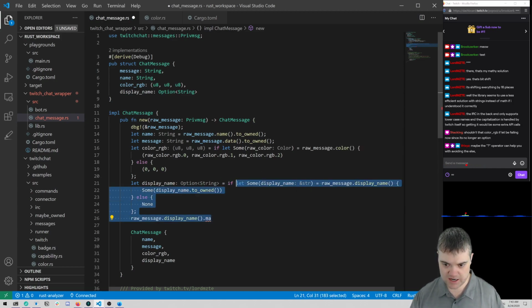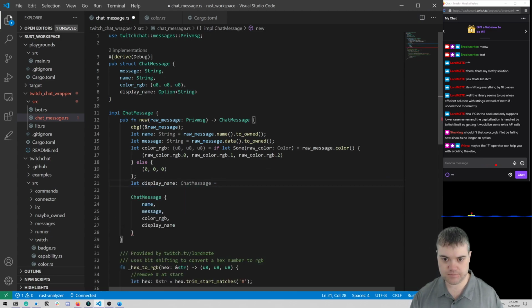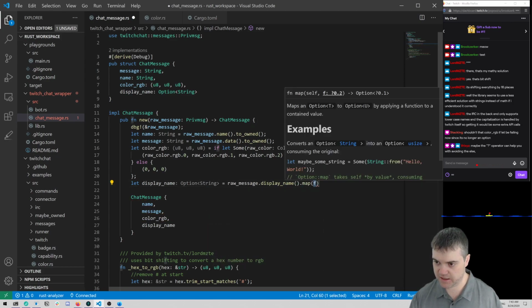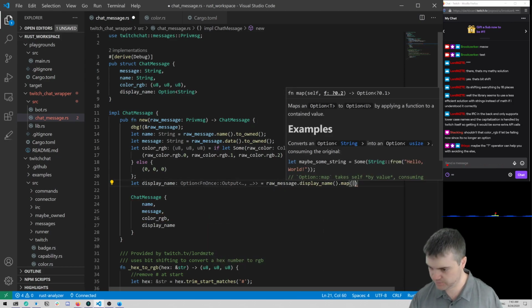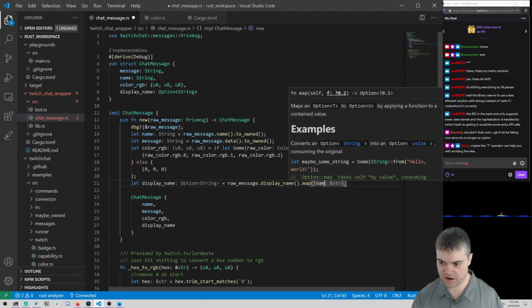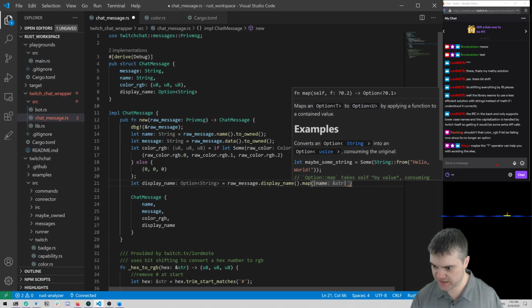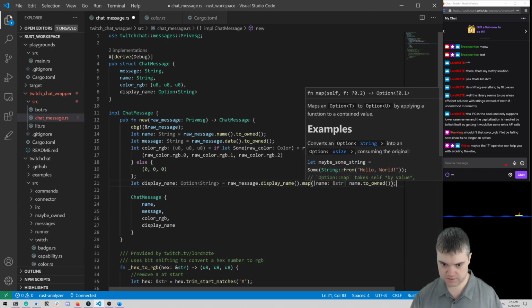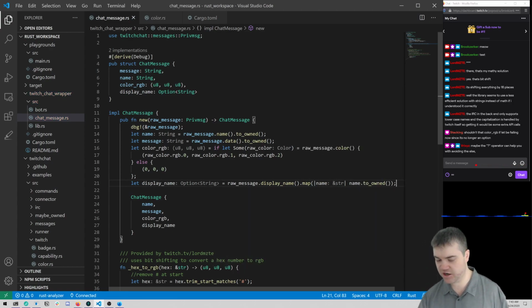So we're gonna do a raw message dot display name dot map, and so this is going to be our name essentially, and then I want to do a name dot to_owned, and that's our conversion for the option itself.